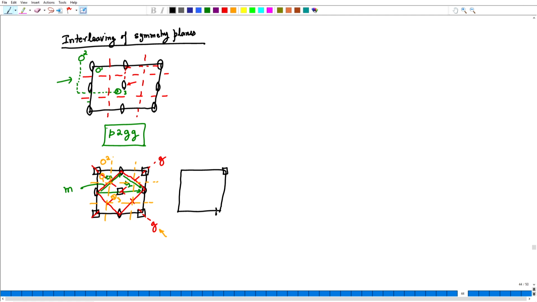So, I have 4 folds and the 2 folds, and then I put the mirrors and then I put the diagonal glides, the vertical glides and the horizontal glides, making the complete plane group, which is labeled as P4GM, and you can compare this notation with the methodology I have given to create the notation and see that this is indeed correct.